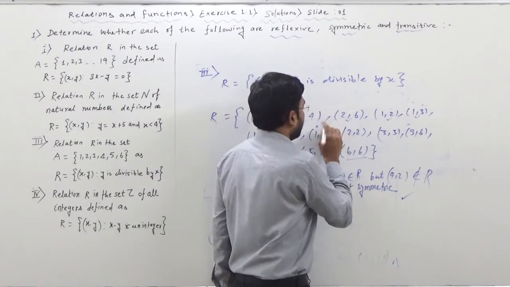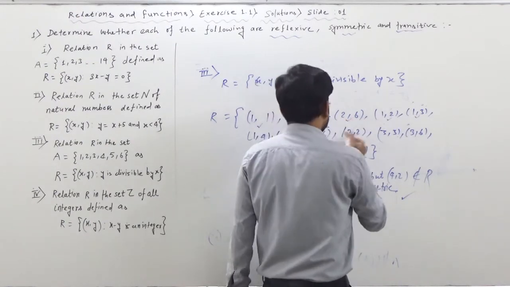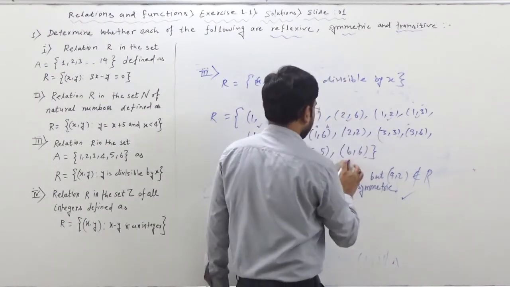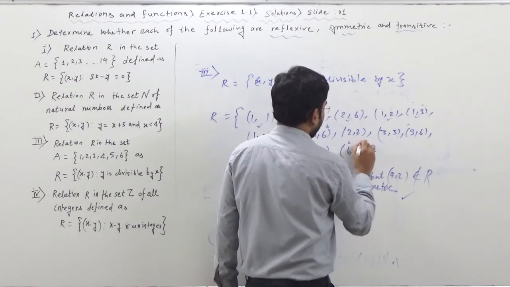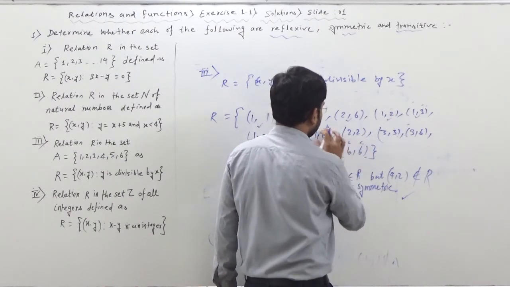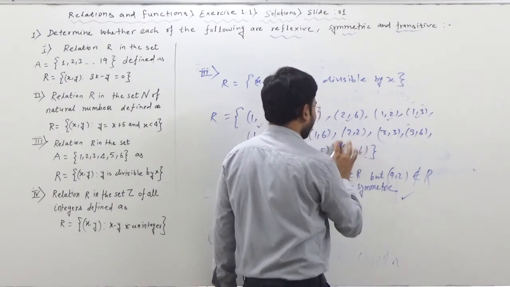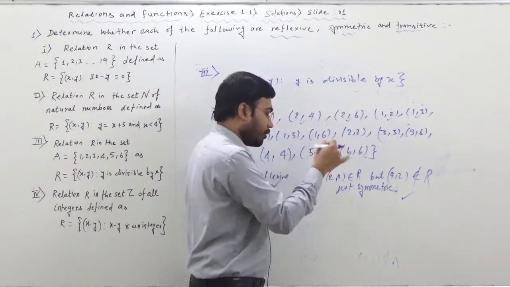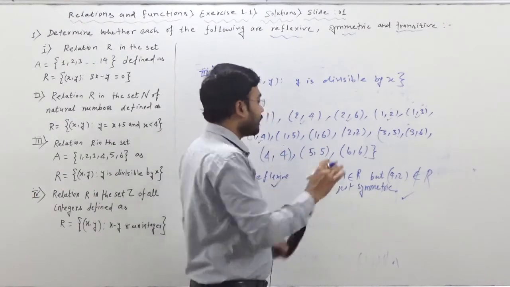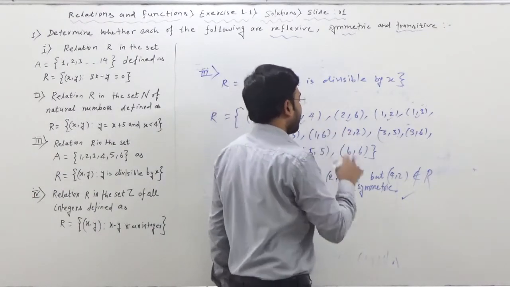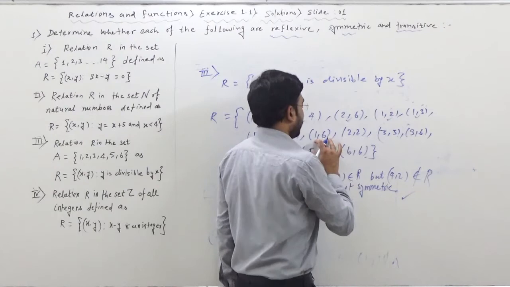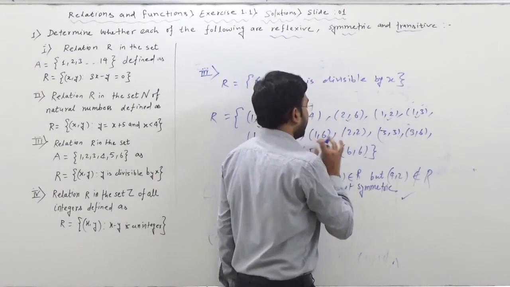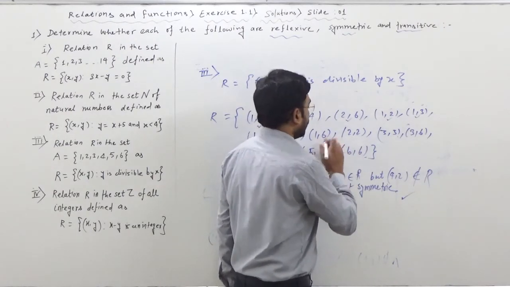Now this is A comma B. Now B comma C. From where 6 is starting? Yes, this is starting with 6. So this is like B comma C. So A comma C is going to be 1 comma 6. Yes, 1 comma 6 already there. You know that whether we write 1 comma 6 one time or 1 comma 6 10 times, it is written as 1 comma 6 only, because it's a set. It cannot repeat the values, elements, right? So that's why this is okay.